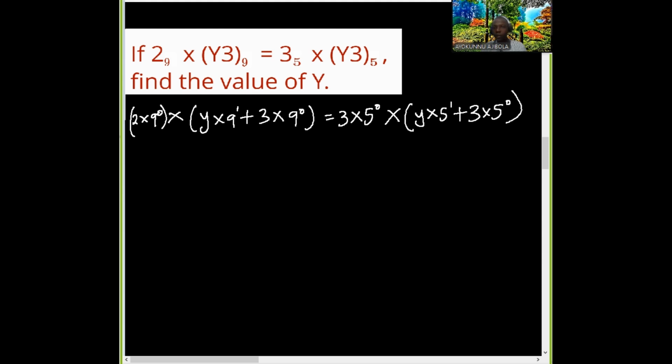Since any number raised to power 0 is 1, I have 2 into 9y